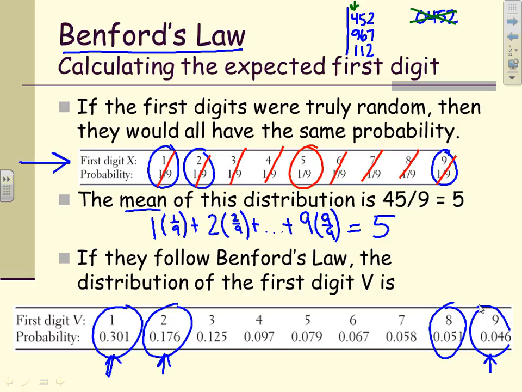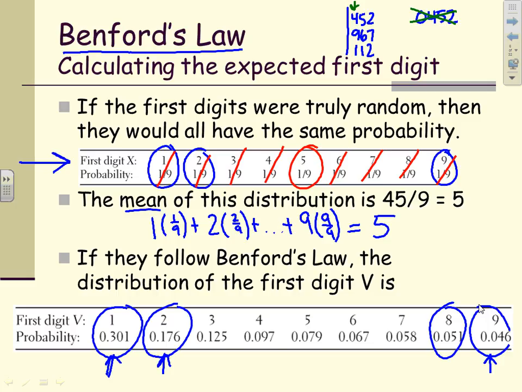Now, this might be confusing. Why is this the case? The reason why isn't something that's really too important to us, but basically we're thinking of it as, generally speaking, values are going to end up in, say, the low thousands or the low hundreds. That's going to happen a lot more than having, say, 9,000 or 900 or 99,000, something along those lines. And that's why the 1 is more likely to occur than the 9. But again, that's not really the point of what we're trying to get at.